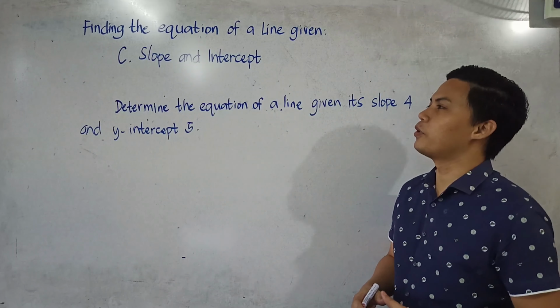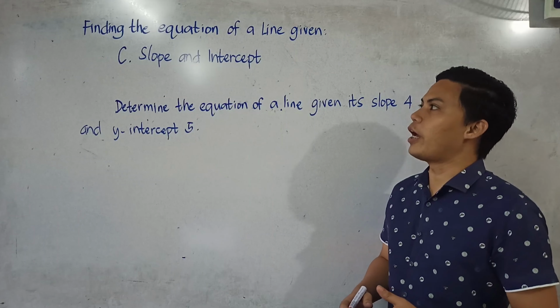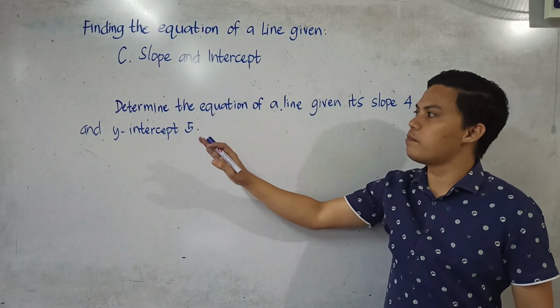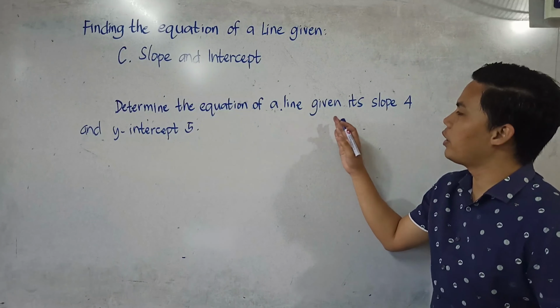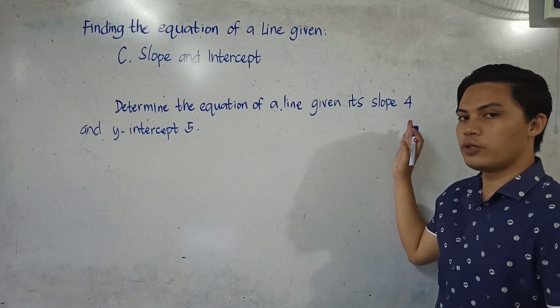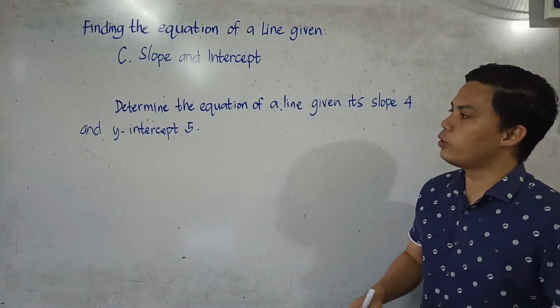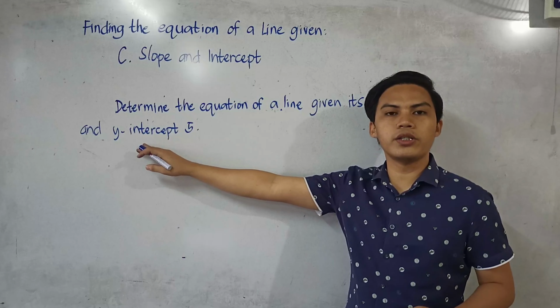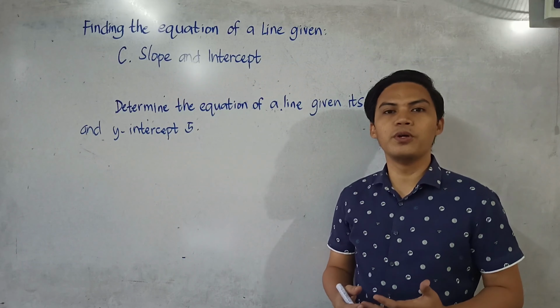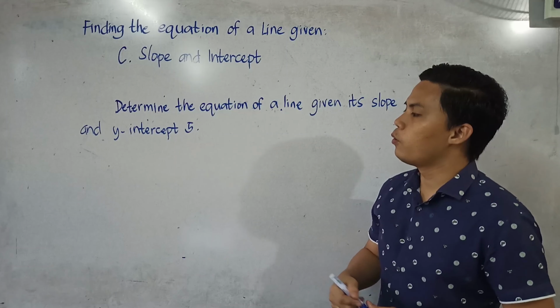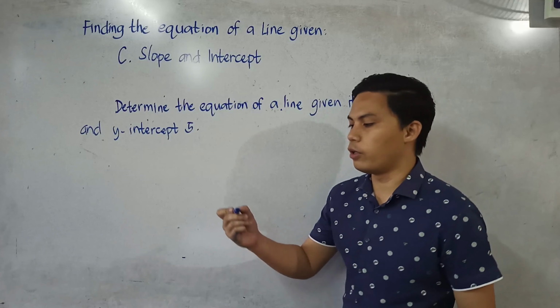Let's now have our last condition. So this time, we are given slope and intercept. Example, determine the equation of a line given its slope 4, which is equal to 4, and y-intercept 5. So we all know that when we say y-intercept, this is the point that passes through the y-axis. So yung y-intercept na 5 would have an ordered pair of